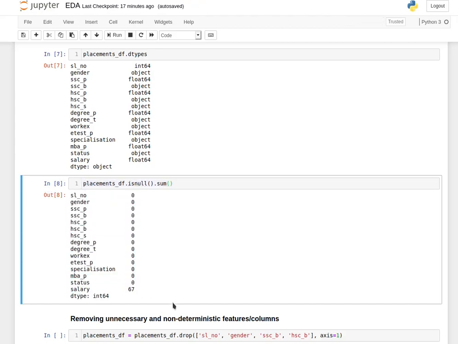The salary having NaN values is explainable. It is not because of a lack of values or anything like that. It's for a reason, and we know that reason, right? So we don't need any data cleaning over here. How I obtained the NaN values is by using the isnull method and summing up the number of null values inside each column. Just write .isnull() and then .sum(). Okay, now